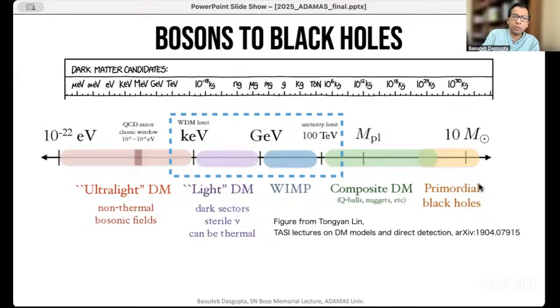And of course, in between, there are a whole wide variety of other candidates. These should be thought of as heavier cousins of known particles. So let's say we know something like the neutron. You could imagine that there is a particle that is 100 times the mass of the neutron, but does not have strong interactions, does not interact with nuclear interactions and things like that. And therefore, this heavy particle is not being seen, and that's the dark matter particle. So these kinds of things are called WIMPs.